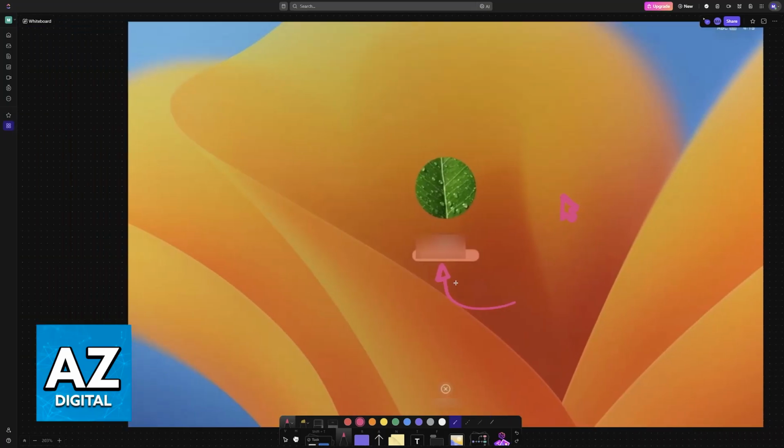With that done, the other thing is that you cannot have any guest accounts. So if you have any guest accounts on your MacBook, it is going to be disabled. So you have to delete these guest accounts if you want to use a custom background. And you will only see the custom background when you choose your main account, the one that you've customized the wallpaper for.